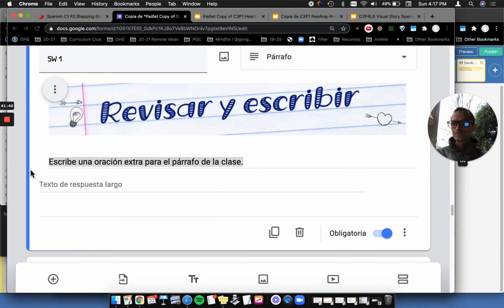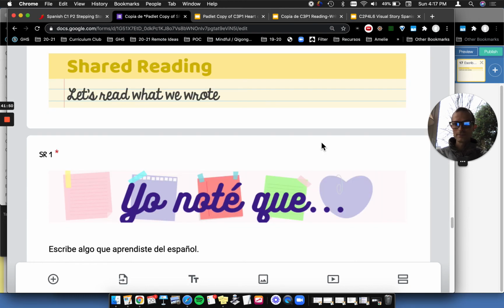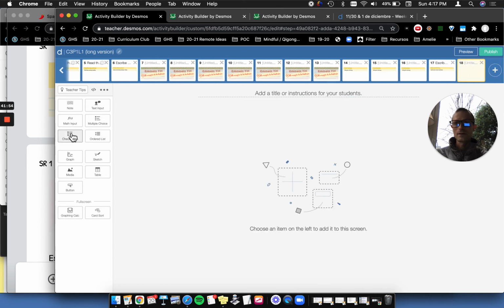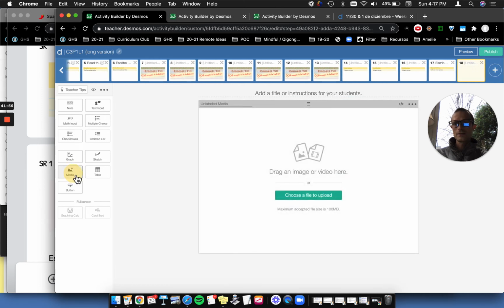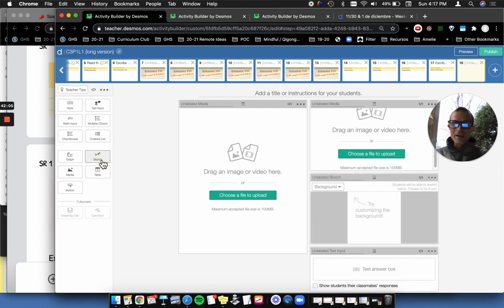Now go to the shared reading, and here I'm going to add the medias again and the text input. You know, while I'm thinking of it, if you want to add a sketch, if you ever want the kids to draw, you just click on this button, sketch. The other thing that you all might use at some point is this card sort. You can check out,